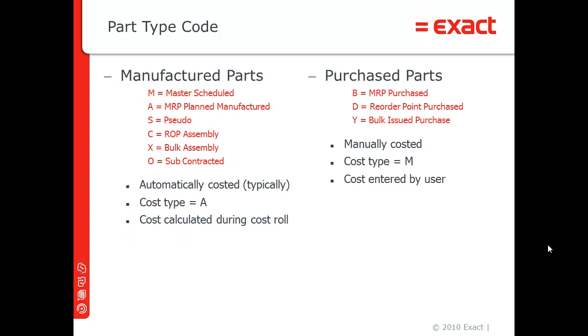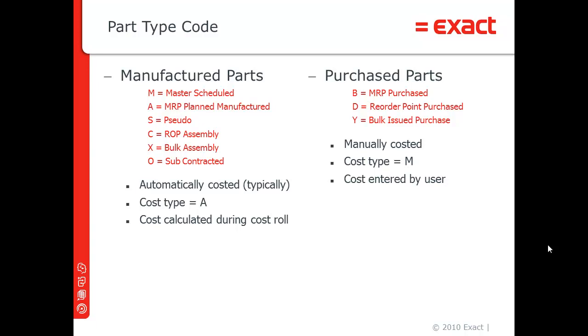Now, part type codes for manufactured parts and for purchase parts. Manufactured parts have part type codes of M, master scheduled; A, MRP planned manufactured; S, pseudo; C, reorder point assembly; X, bulk assembly; and O, subcontracted. These are generally automatically costed, have a cost type of A, automatic, and the cost is calculated during the cost